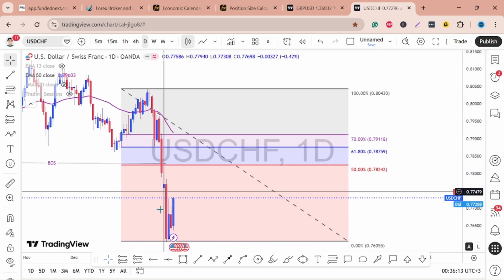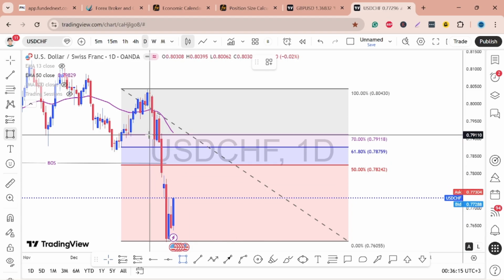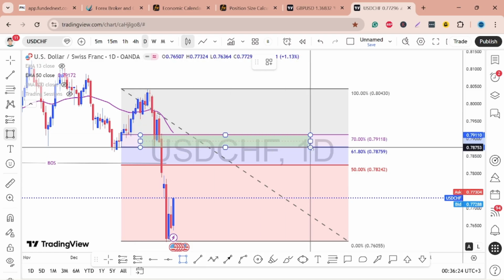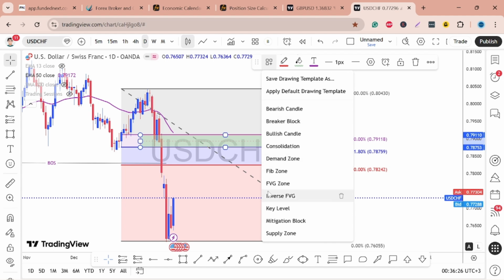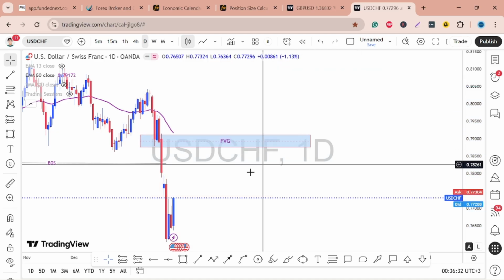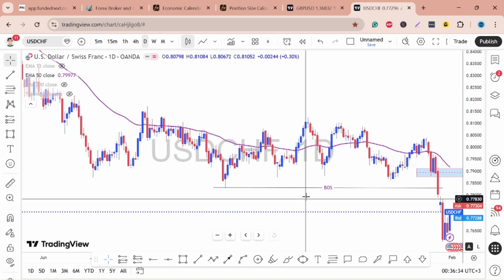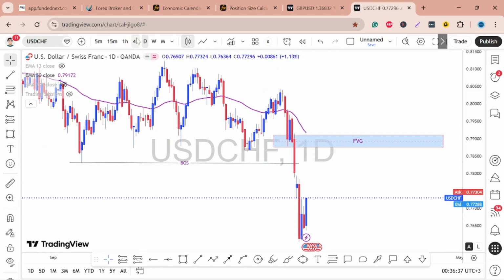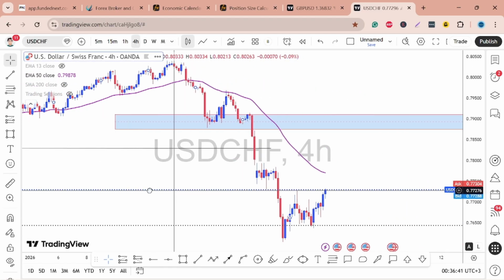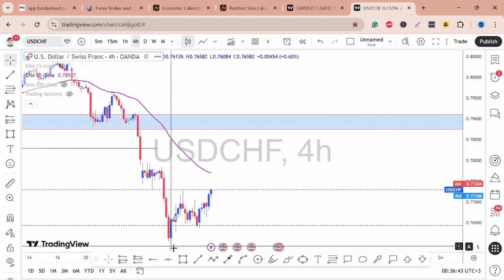So if at all price is able to pull back to these premium levels, then you should be looking to go short. Personally, I usually look at 61.8 to 70. This is usually my ideal fib zone that I might be looking to go short. So now that you have that bias, means you can go down to the 4-hour time frame and start looking for